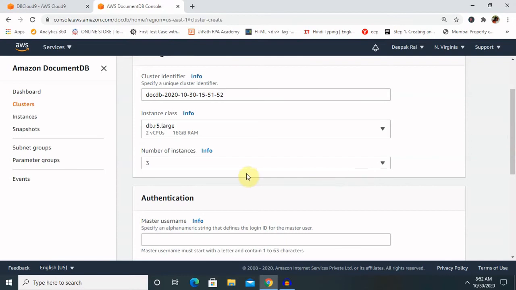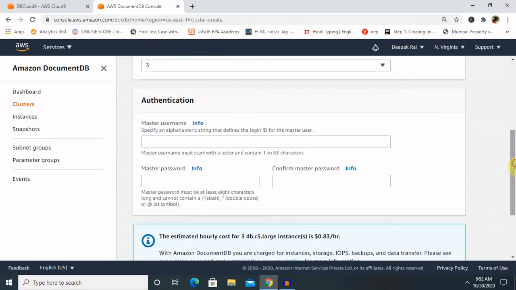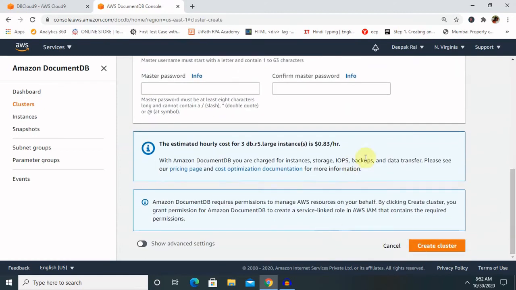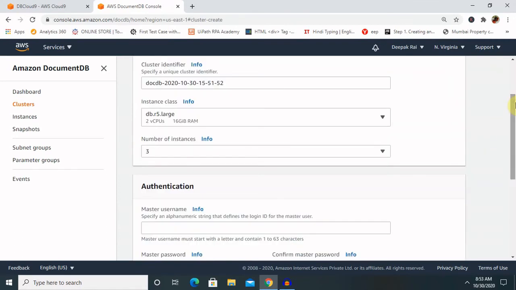Otherwise, for personal use, you can keep it 3, that is the default value. Authentication method is also required, so better you use your master username and password for this. After entering all this, when you click on create cluster, it will create a cluster for you and billing will start immediately. So this is about how to create our Amazon Document DB cluster.